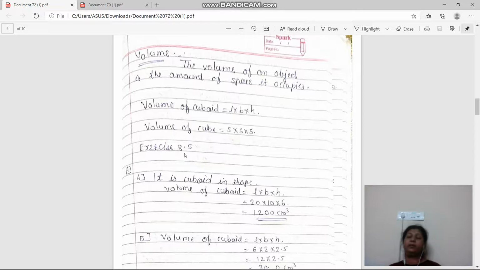And remember one thing, the unit should be in cube. Centimeter cube, or we can say cubic centimeter, cubic meter, cubic kilometer or cubic millimeter. Area is always in square and volume is always in cube. You can write cubic, otherwise you write CM and just above the M you write 3, that is CM cube. If it is in meter, you write M and above it you write 3, like this. Clear? Fine. We will see the B question.